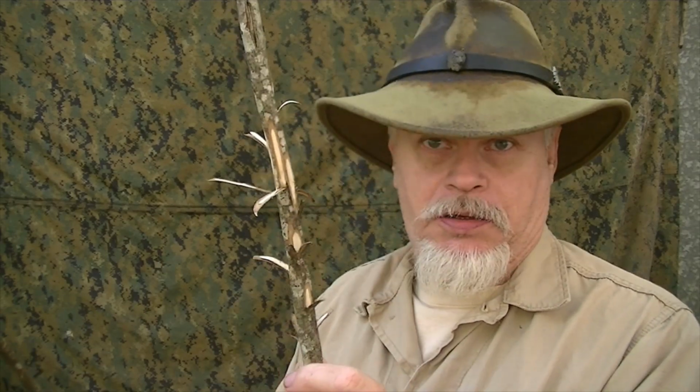Hi guys, and on Friday we're going to do a Silver Wolf this time. Now for you old Silver Wolves out there, I want to discuss a quick point here, and that is the difference between a feather stick and a fuzzy stick. You don't hear about fuzzy sticks anymore. You see a lot of feather sticks being made, but not a lot of fuzzy sticks, and this is the